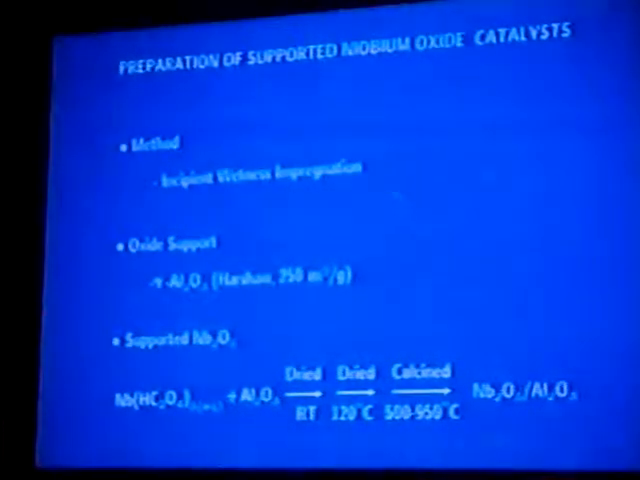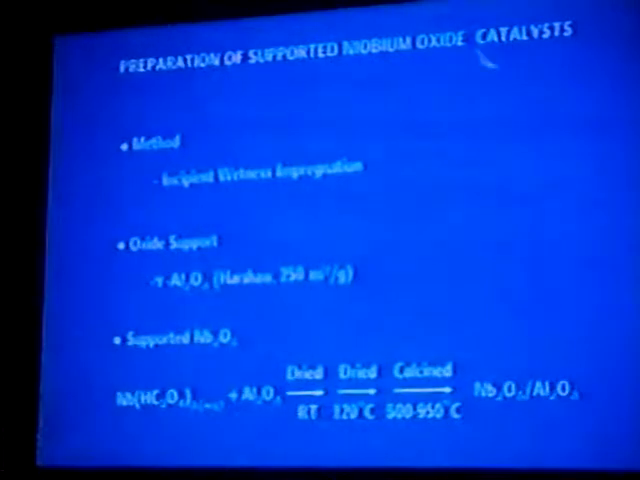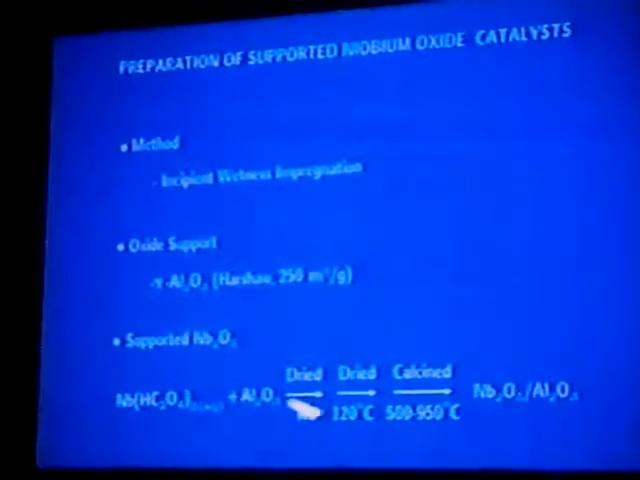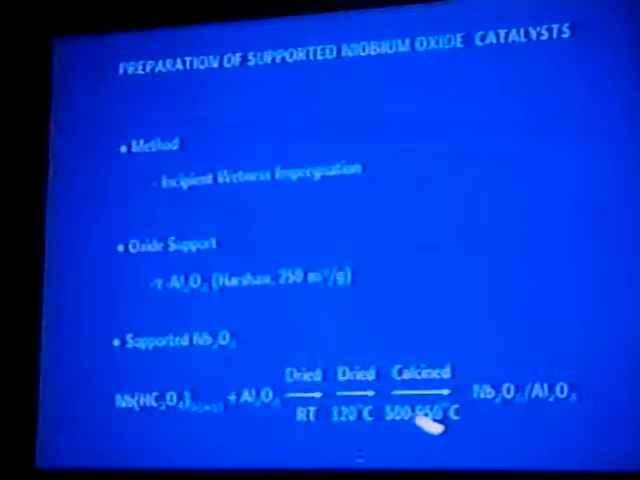We're using the incipient wetness impregnation method to prepare the supported niobium oxide catalyst. For the oxide support, we're using gamma alumina from Harshaw, surface area 250 square meters per gram. The procedure is we impregnate the niobium oxide on alumina and dry at room temperature for 16 hours, and further dry at 120 degrees to remove the water. Then calcine at a temperature between 500 and 950 to remove the organic ligand to form the supported niobium oxide